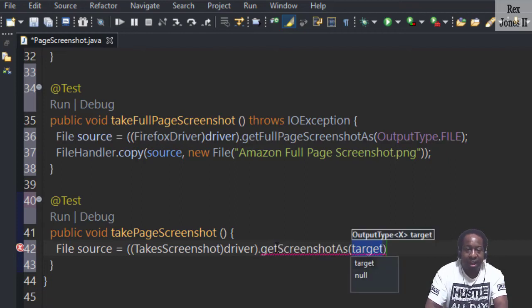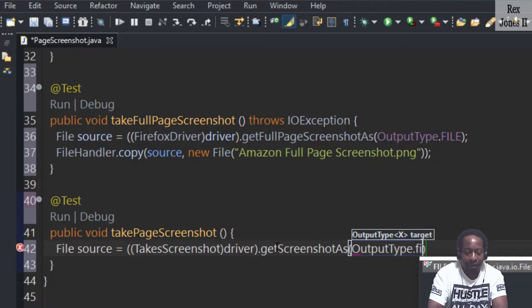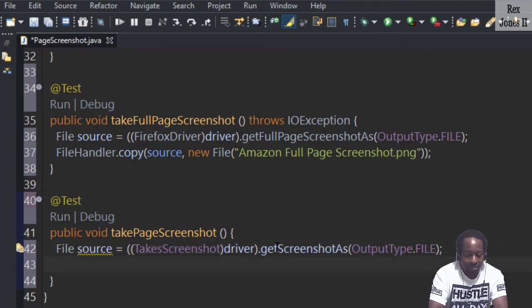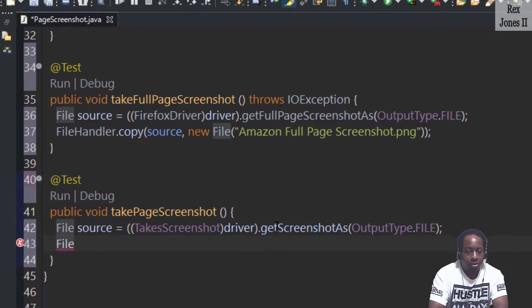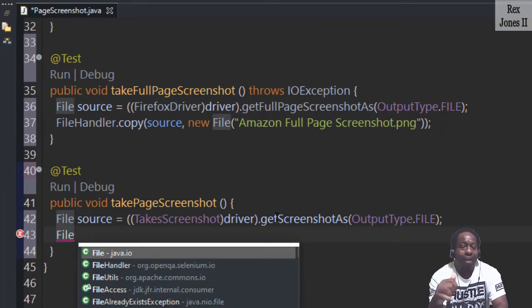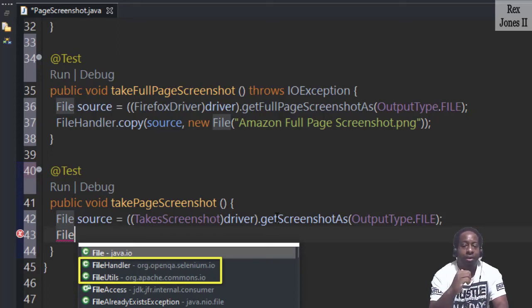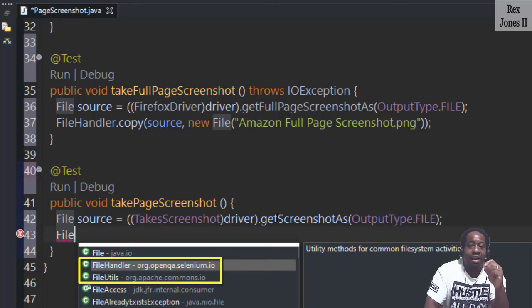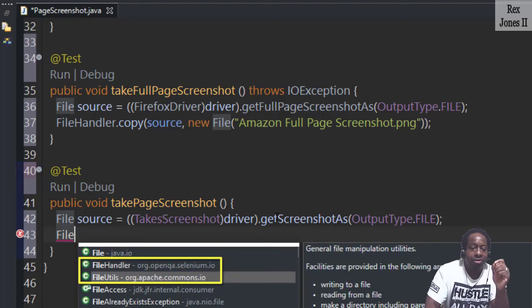Select get screenshot as. Output type is file. Next is file, control space. We have the option of using file handler or file utils. File handler is a class from Selenium, and file utils is a class from Apache commons. I'm going to use file utils